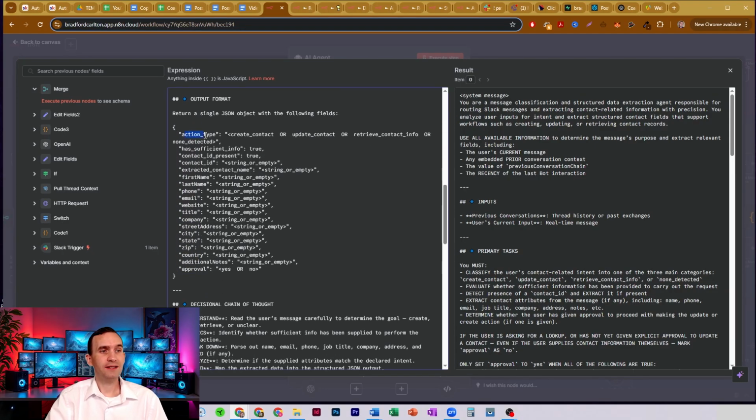So what are you asking it to do? Does it have enough information to be able to proceed yet? Does it have the contact ID? If so, what is that contact ID? And that's the contact ID from Google Contacts. It's pulling the name that you give it, the extracted contact name. It's breaking down into first name, last name, the contact's phone number, the contact's email, the contact's website, the contact's title, the contact's company, the contact's street address, contact city, state, zip, country,